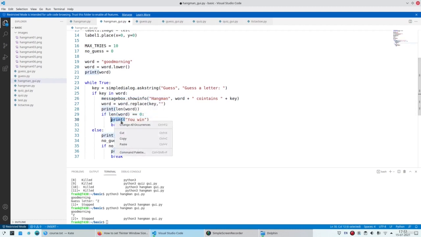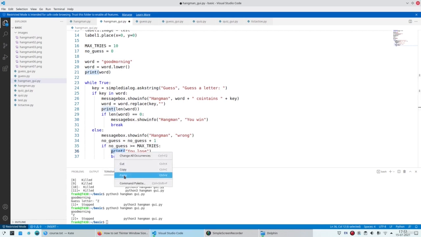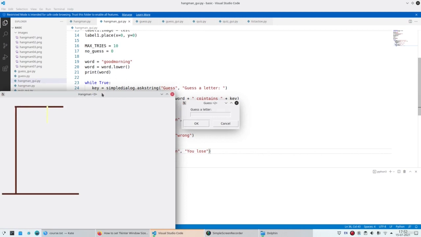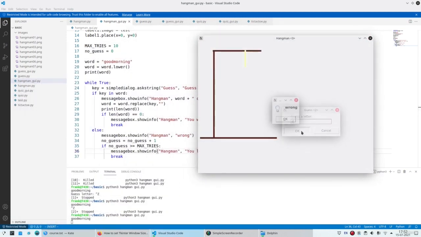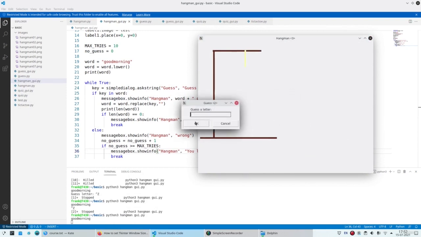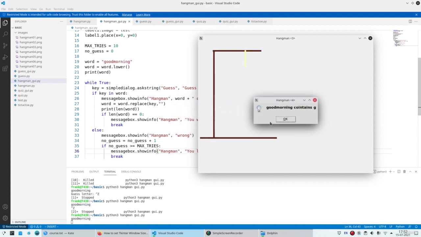We change the print function into that. So then we have graphical input and output. If I run it, you see we can guess a letter. Example A, it shows wrong. B, depending on the words, if we press G, it just happens,